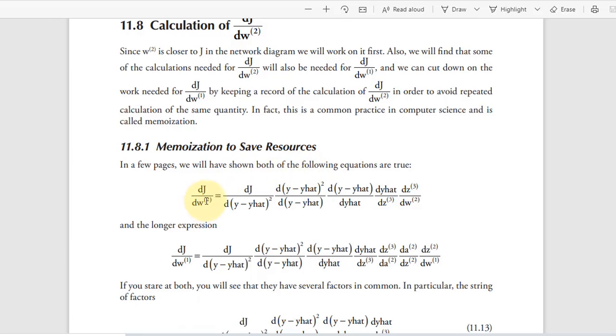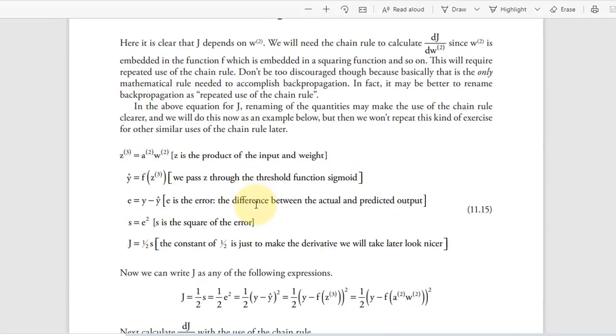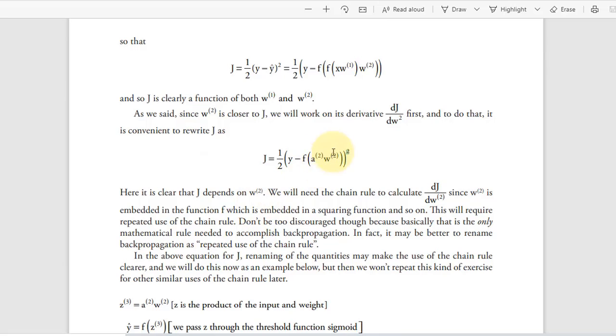dJ with, sorry, not there. dJ with respect to, well, here we have J as a function of W2, so we might be able to calculate dJ/dW2, this W2. In fact, we should be able to calculate. Now, though, in order to do that, you're going to have to use the chain rule here, and then you're going to have to